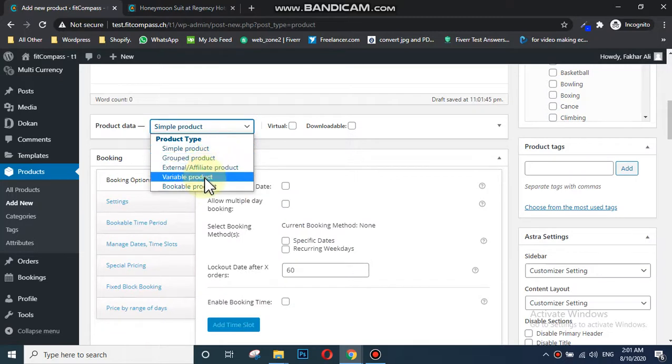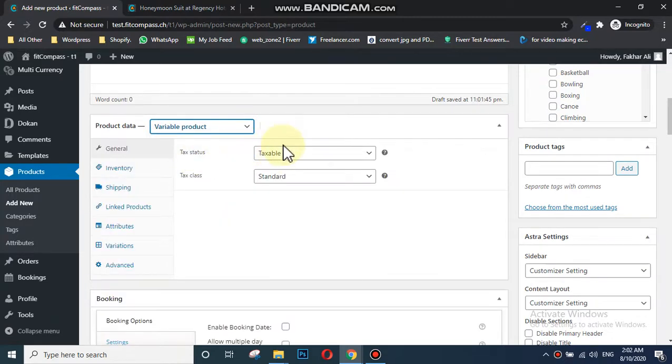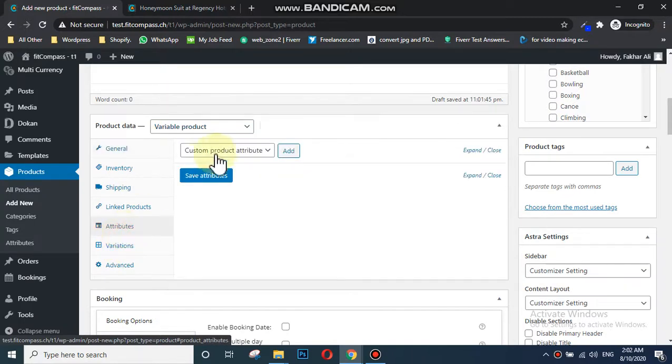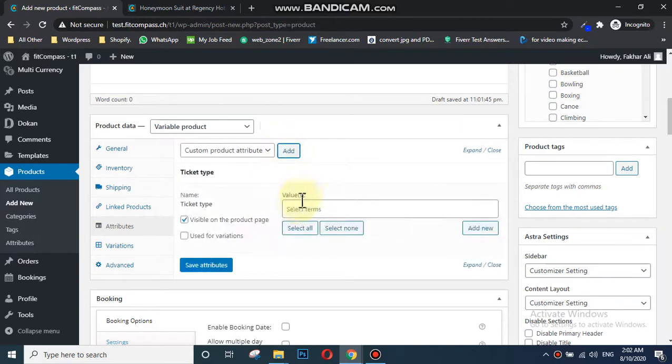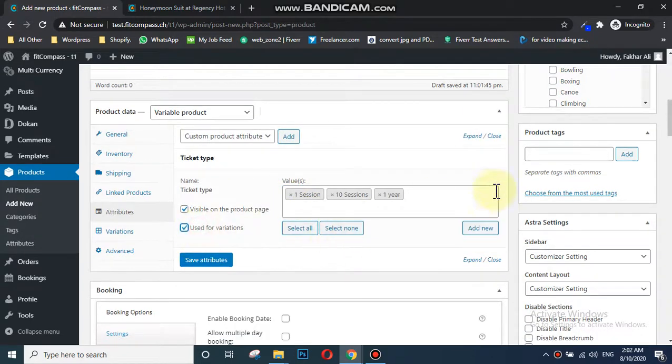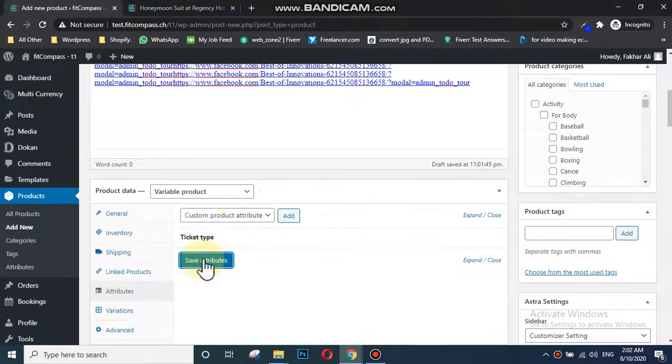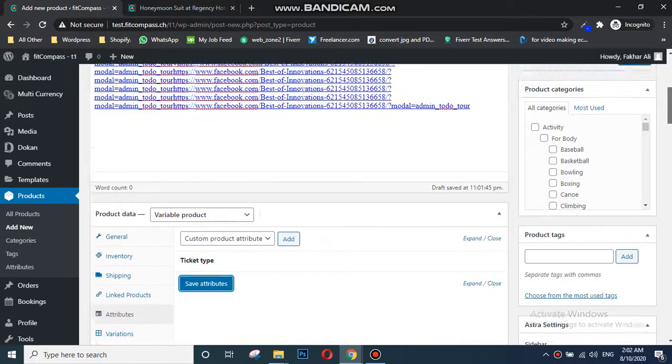Here we can add variable product, and now we'll go to attribute. Here we need to add attribute, select all, use a vendor, save attribute, and now